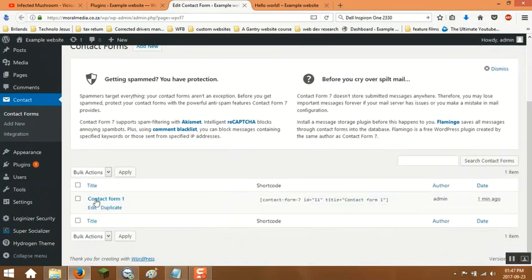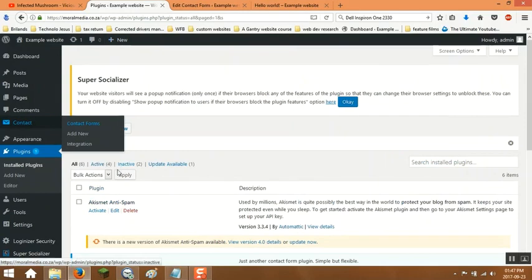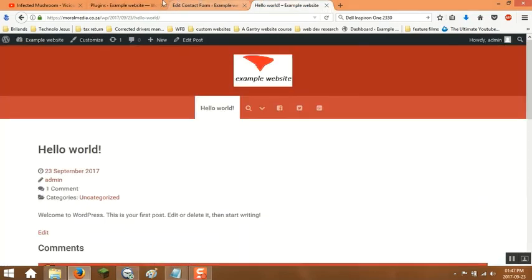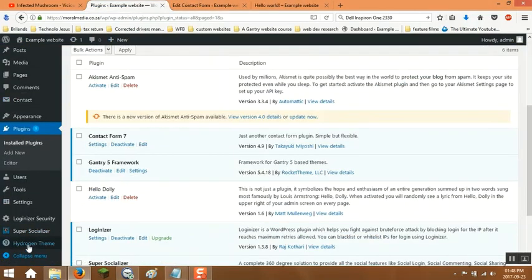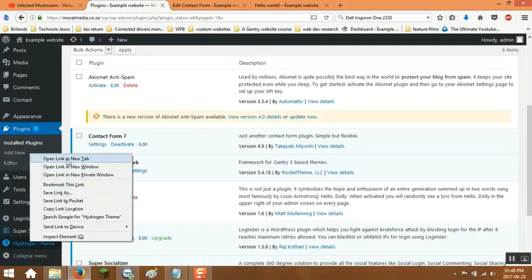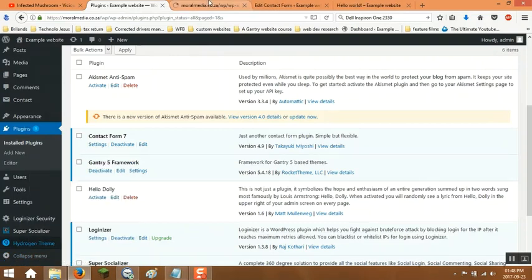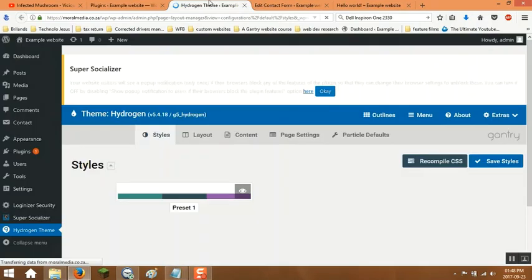And by default there'll be a contact form, and copy that, and then we're going to be pasting it in the base outline. So go to open Hydrogen Themes Gantry editor,